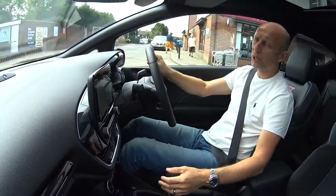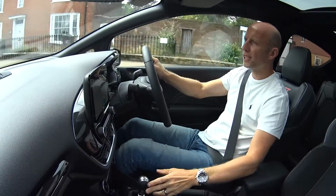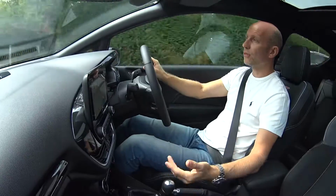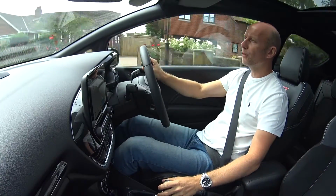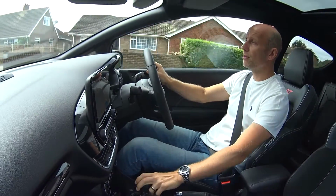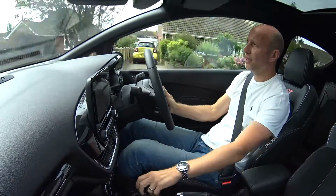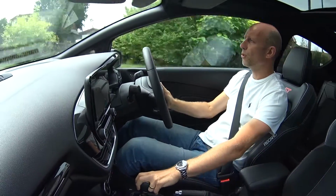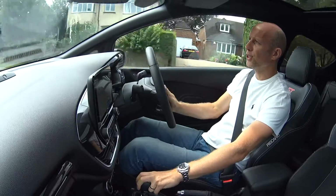One thing I know that's been quite a big talking point is this 3-cylinder engine in this car. I know a lot of people were concerned or thought that was an odd move. I have to say, personally, I think it's worked out really well. It sounds really good. I think that comes from the odd cylinder numbers. It definitely sounds like a much bigger engine than it actually is,